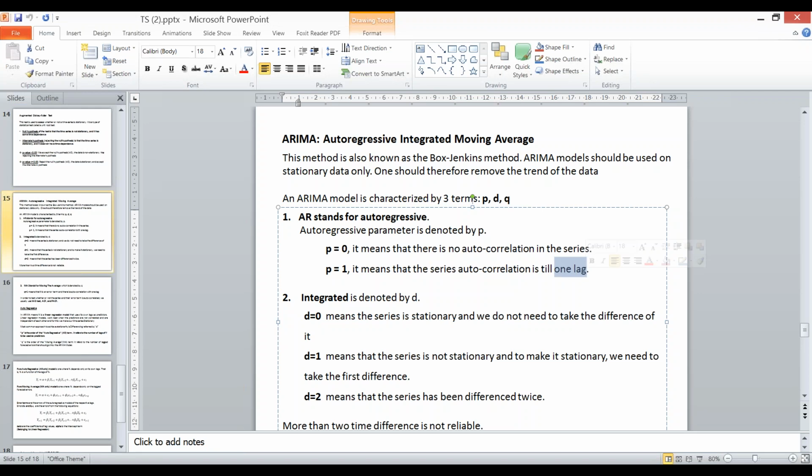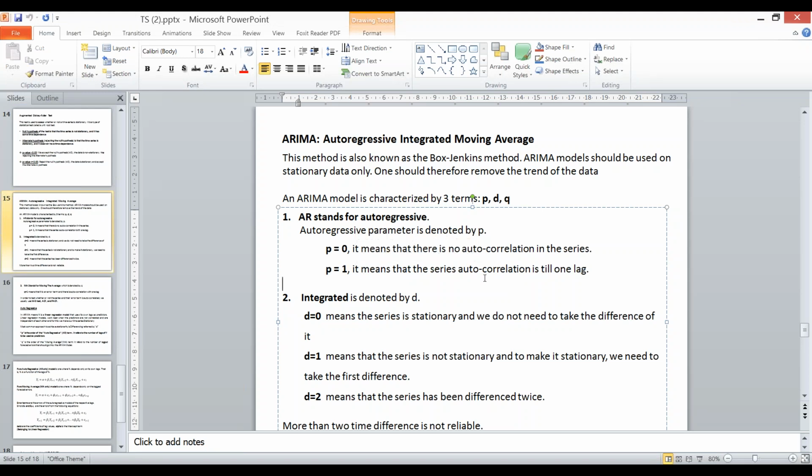If I'm saying P is equal to 1, then I'm saying consider 1 lag, that only 1 lag is sufficient. And lag means value of the past: 1 lag means one day before, 2 lags means 2 days before, 10 lags means 10 days before, that is data in the past. Okay? So if I'm saying P is equal to 1, I'm asking that only consider data with 1 lag, that is, yesterday's data is sufficient to make predictions for today.